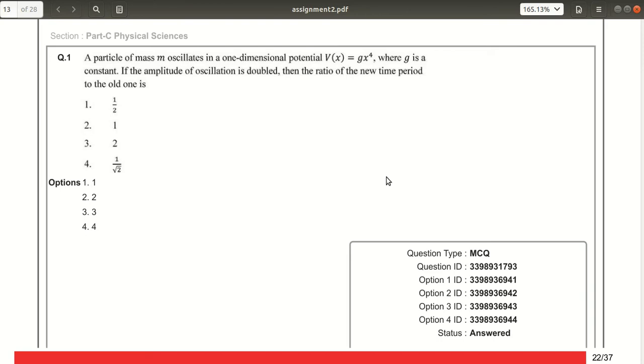So in this lecture, I am going to talk about the solutions of CSIR UGC NET December 2019 of Assam Board. As you know, in December 2019, the exam was conducted on two different dates. One is for the states except Assam, and one is for Assam. Here I am going to talk about the solution manual of part C of physical sciences. I will talk about all the solutions of part C on physical science of the Assam Board questions of December 2019 CSIR UGC NET.